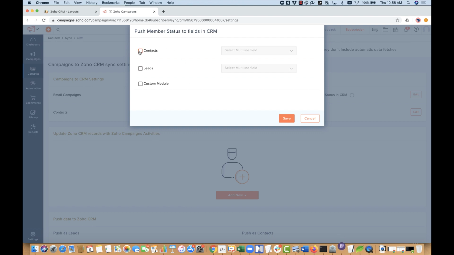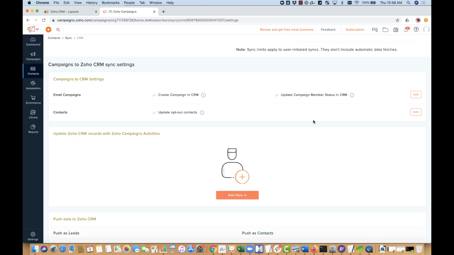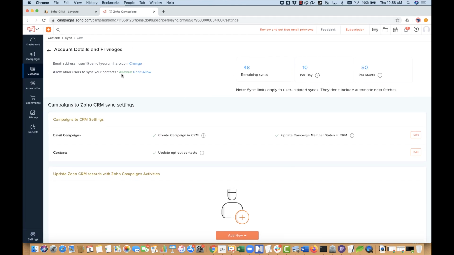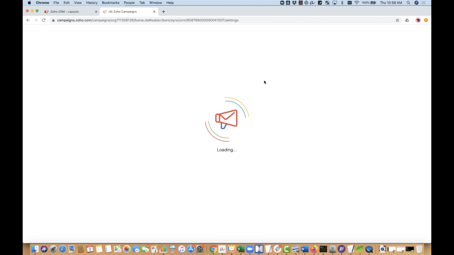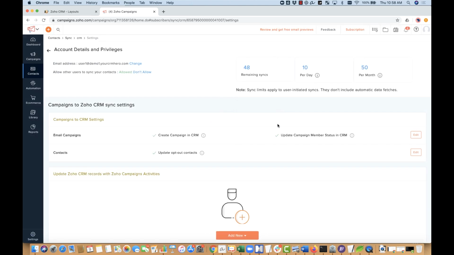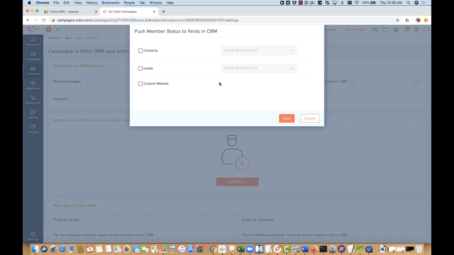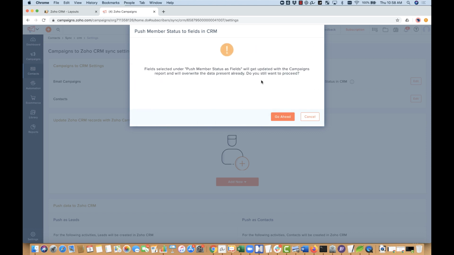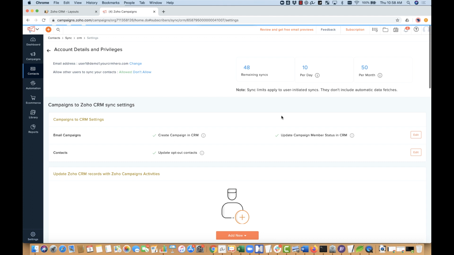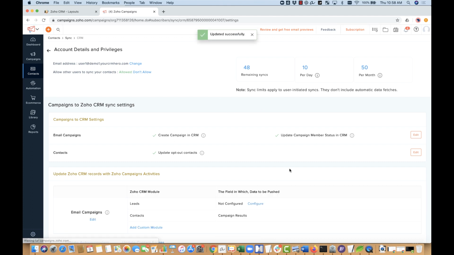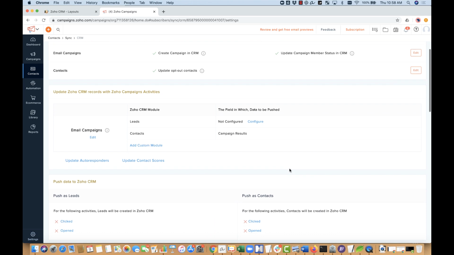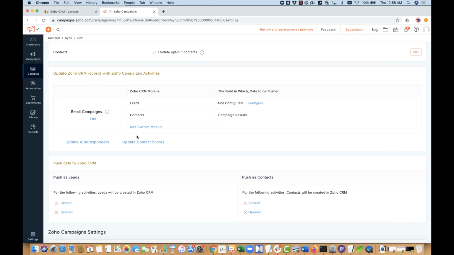So if it's a contact, I want it to go, and I may have to bring this screen back up. Because I just added that field, I'll just refresh this screen. And then try this again. Add new email campaign, contacts. Okay, so it sees this field now called campaign results. I'll set that up, and that's fine. It's going to warn me, hey, if there's data in this field already, we're going to clobber it, and that's totally fine. So that is set. All right, and so now